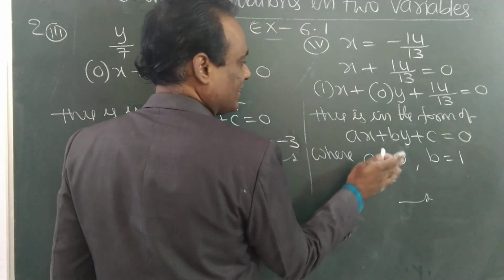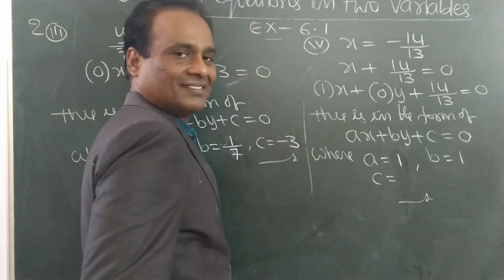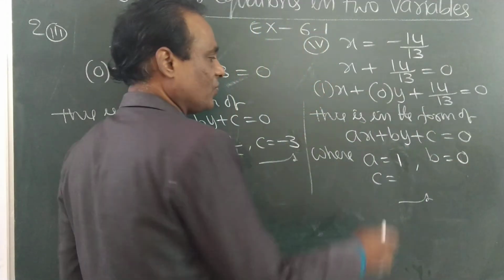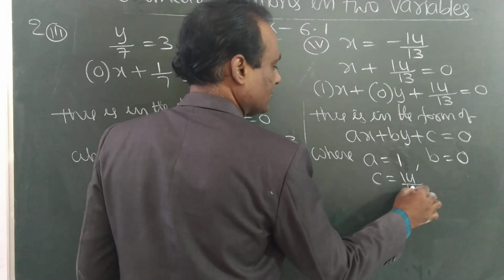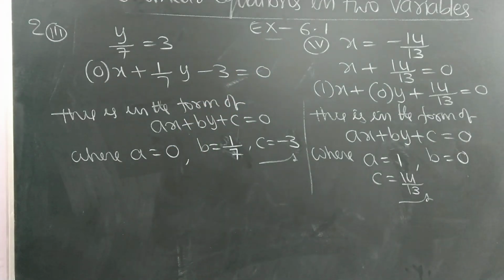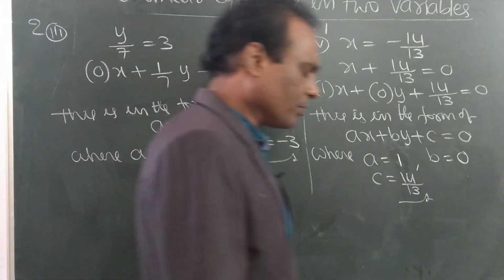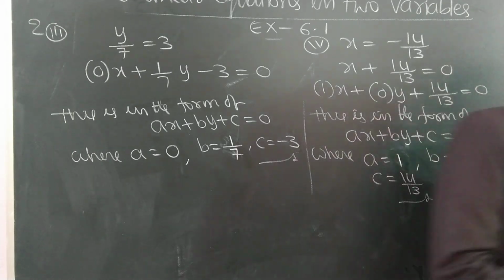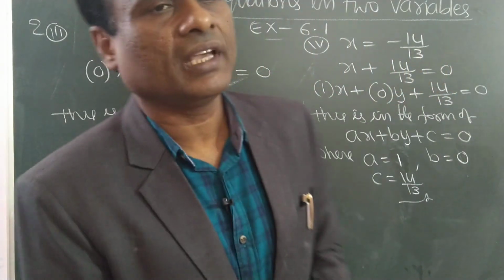A is 1, B is 0, C is 14 by 30. That's it. So, of course, first two problems we completed, and the third bit we will do in the next class. So practice this, and